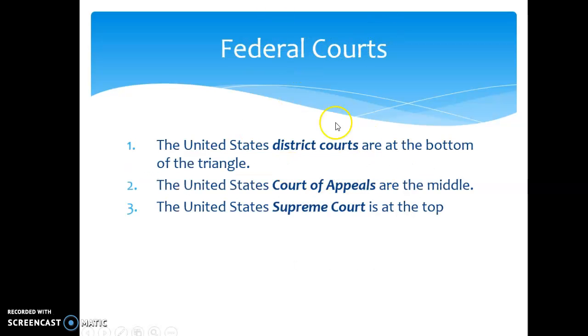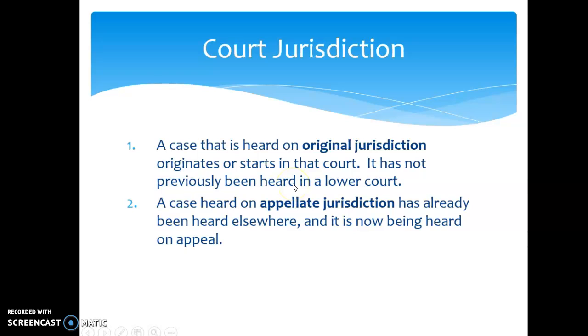Federal courts have 3 layers. You have district courts, your circuit courts of appeal, and Supreme Court at the highest level. In terms of jurisdiction, we have what we call original jurisdiction, and these are cases that go directly to the Supreme Court. They're not cases that come through lower courts. We also have appellate jurisdiction, and appellate jurisdiction means the case has already been heard elsewhere, and is now being heard in the